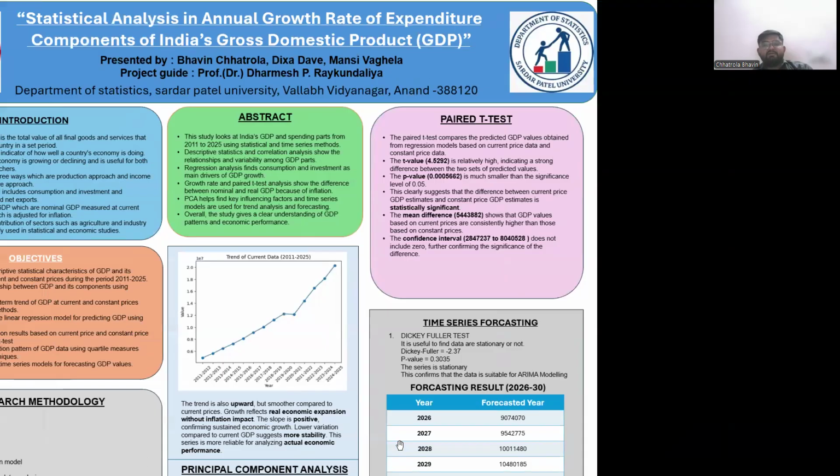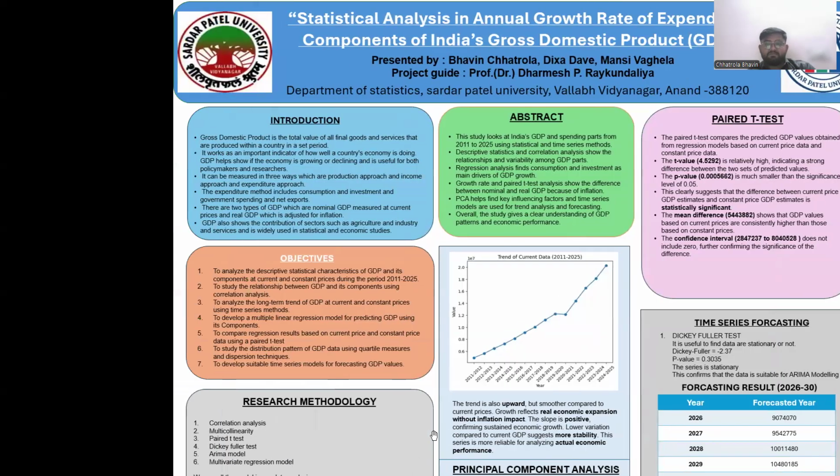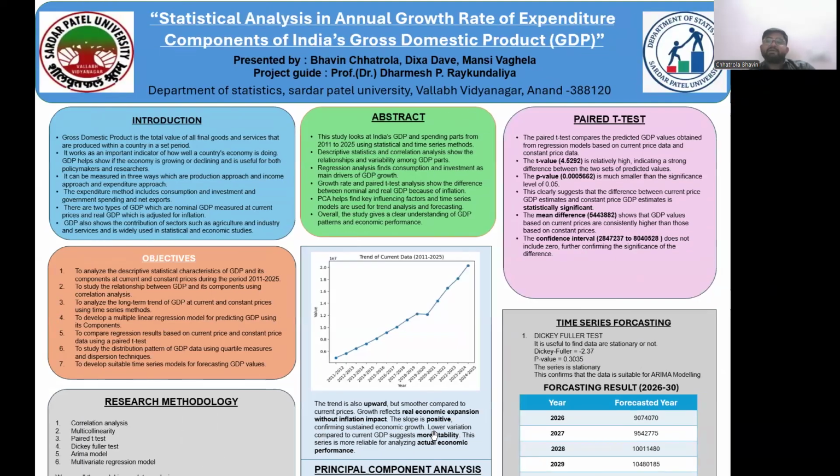Then we compare the mean GDP using a paired t-test. The paired t-test compares the predicted GDP values obtained from the regression model based on current price data and constant price data. The t-value is 4.592, which is relatively high, indicating a strong difference between the two sets